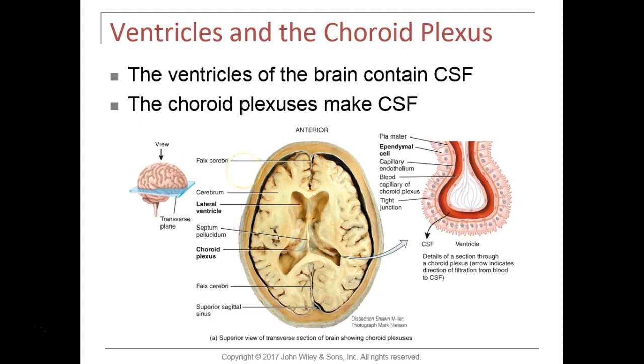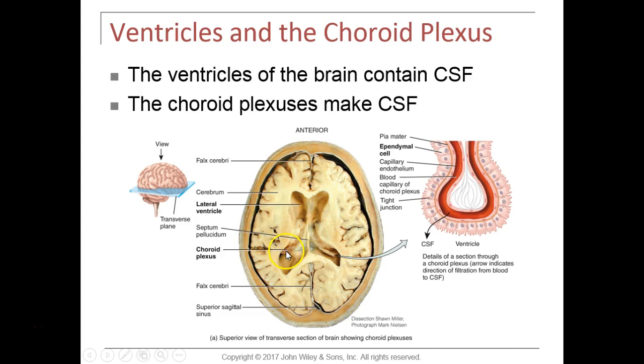So the brain has cavities in it, which are called ventricles. Here you see a transverse plane of the brain. If we cut the brain in the transverse plane and look down into it, you can see the middle of the cerebral hemispheres have this cavity. These cavities are referred to as ventricles, and inside the ventricles we have special capillary beds that are associated with